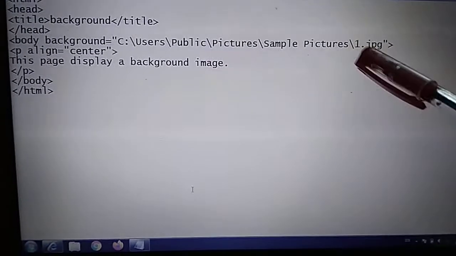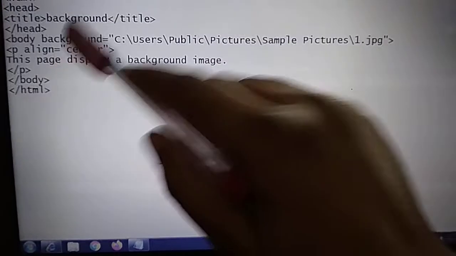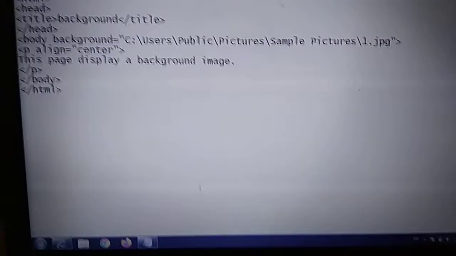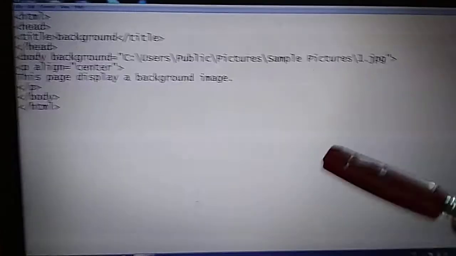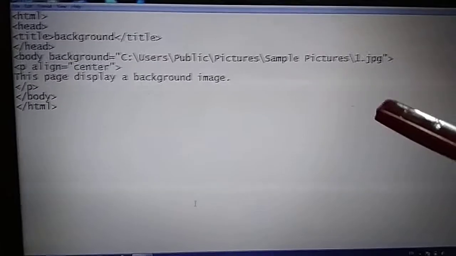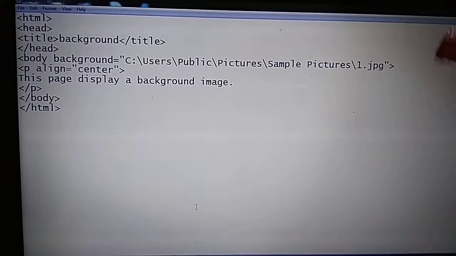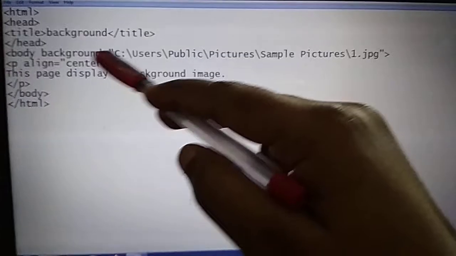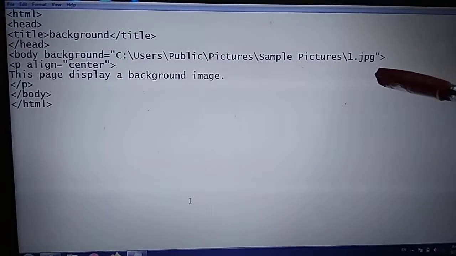In this video we learn how to use the background attribute and how to place the URL of the image. Students, in the previous video you learned about the image tag, and in that image tag we place the URL of the image.